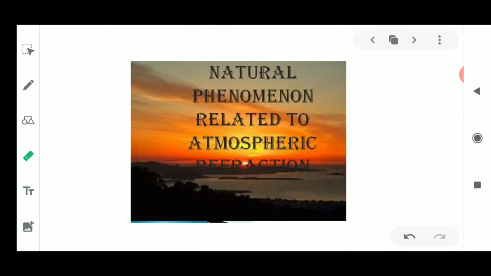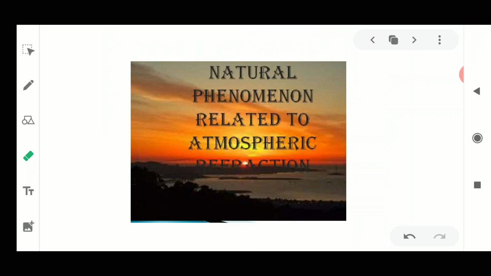The next natural phenomenon is related with atmospheric refraction. I have started the second part of this chapter. In the first part we saw the human eye and the problems related with vision, and the next part deals with natural phenomena related with atmospheric refraction. One was dispersion, where we saw the rainbow being formed because of dispersion. We can also see scattering of light. So these are the two processes which you could see because of the dispersion of light and because of the scattering of light.